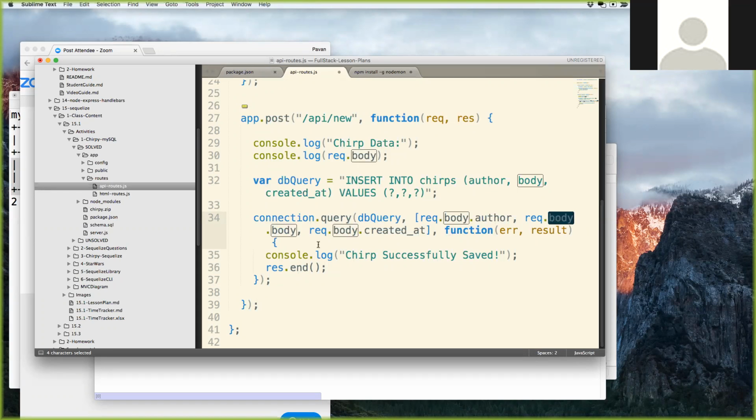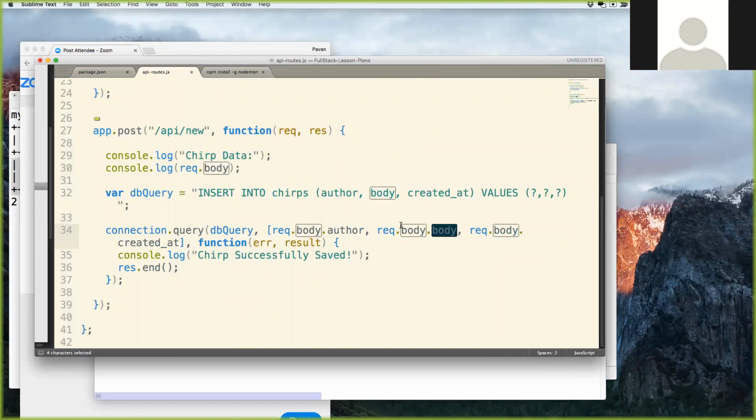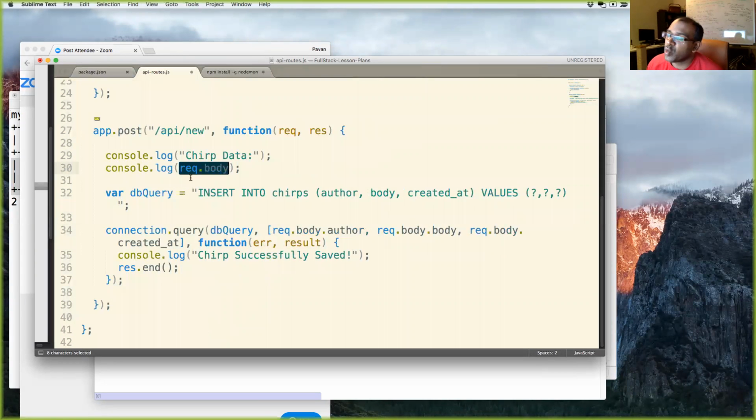One question. So request dot body is in the body, because we have a body parser that's parsed the data into that request dot body, right? Yeah, so req.body is where all the information is that was sent to this post request. It includes all the information that was passed to this route.